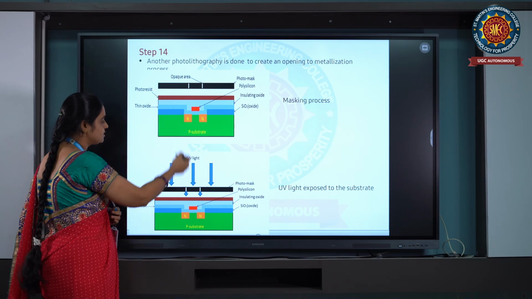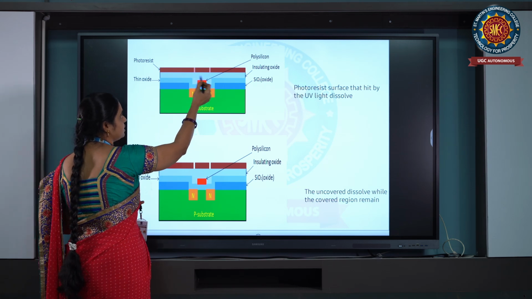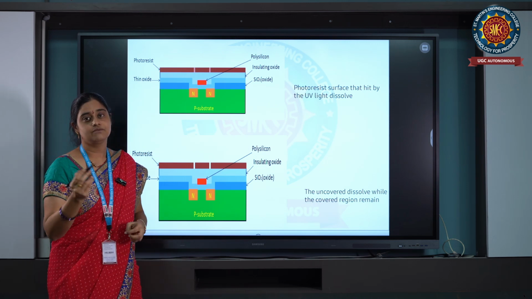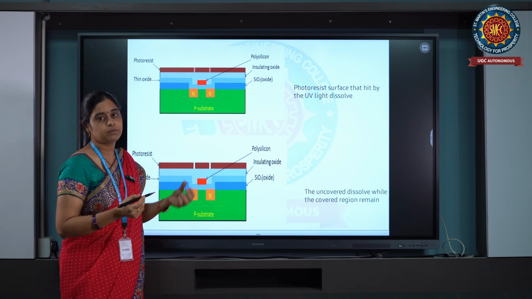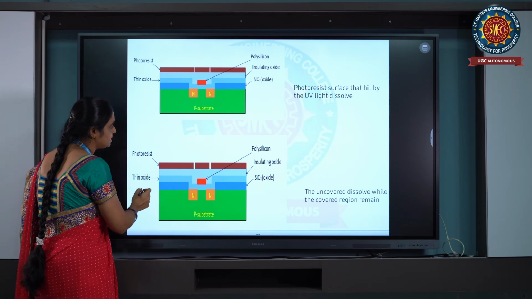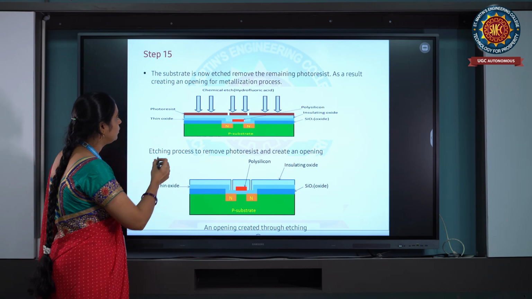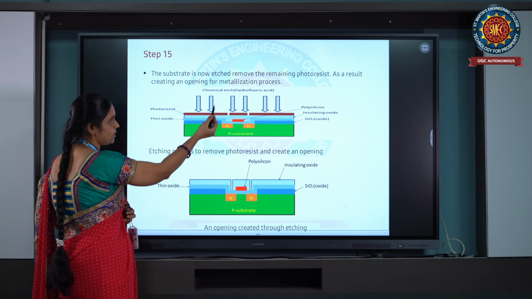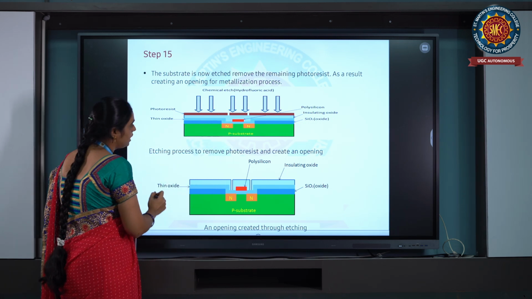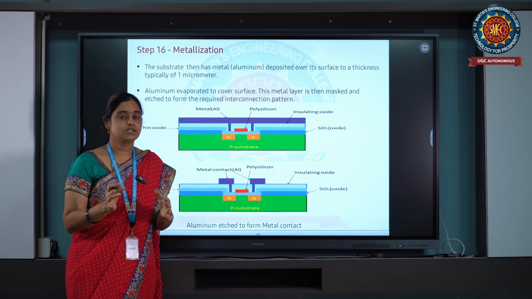So now after passing UV light, these regions which are vacant are etched away using HF solution, and in these regions we can place aluminum at the contact, which is known as the metallization process. So let us see the metallization process. After etching, we will have it like this. After passing through the hydrofluoric acid, you have previously seen that we will have these contacts, and now we are seeing the metallization process. Now the final and important step is metal contacts.